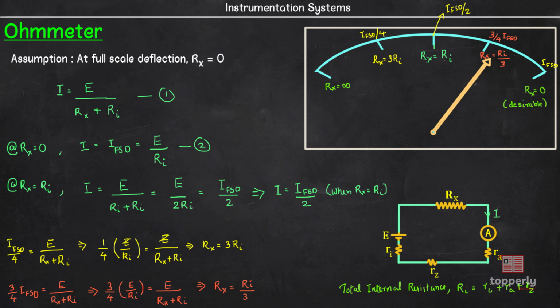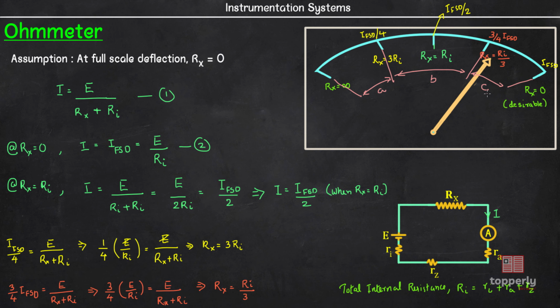Now if we look at the resistance scale of this meter, we can see that the scale is non-uniform, right? So let's ask a question. For which region of the scale we can measure the resistance with good accuracy? Let's analyze that. So I am dividing the scale into 3 regions. This is region A, this is region B, and this is region C.